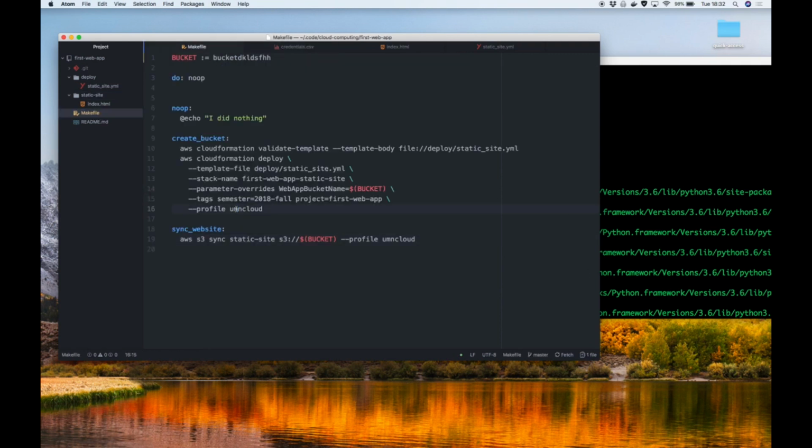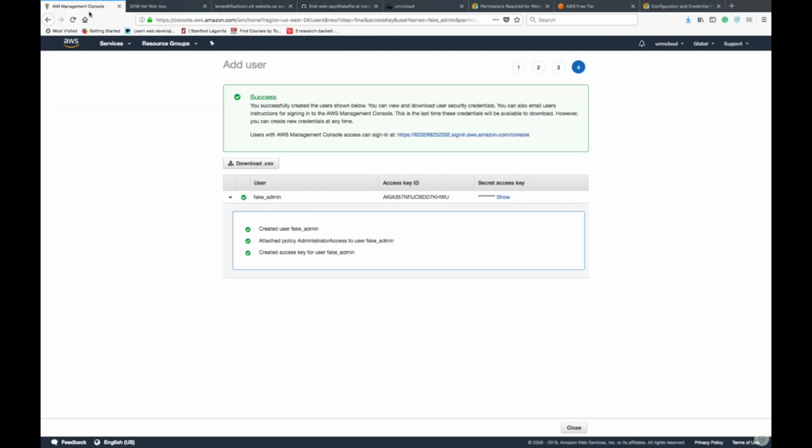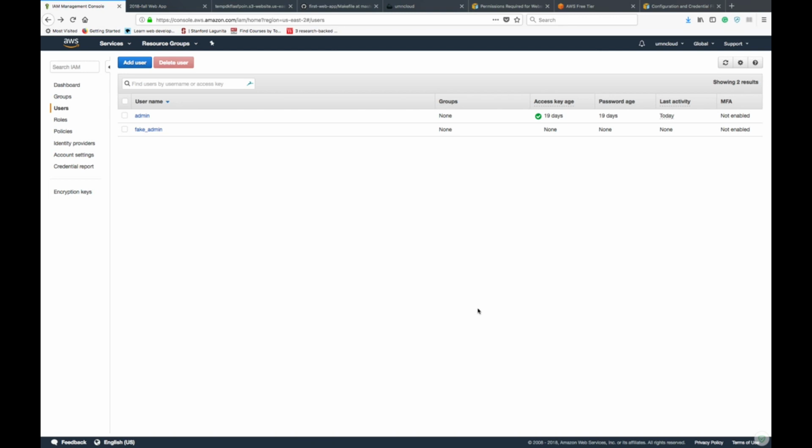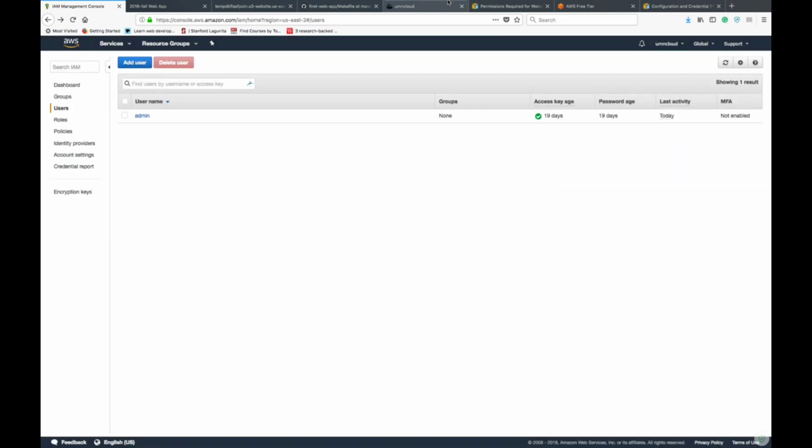If you don't specify a profile, it just uses the default one. So if I go back here, close. You can create more access IDs, cycle them, whatever you want. But yeah, with that, you're good to go. So I will